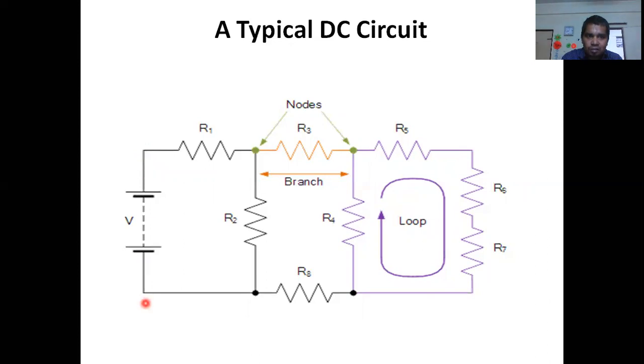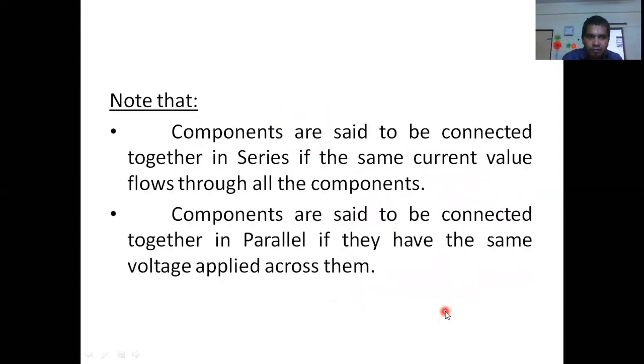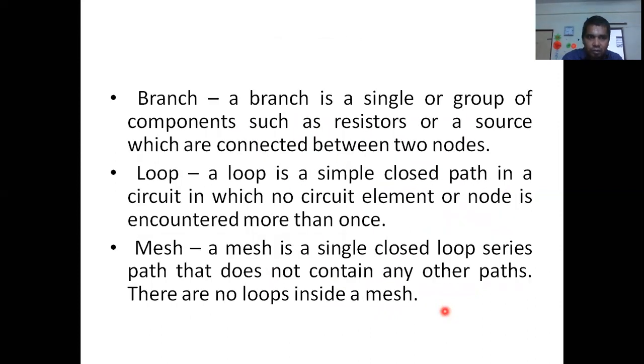This is not a node, this is also not a node, because whatever current comes here, it will go this way, that's all. But here I can have a node, because suppose current is coming here, it will go one current this way, one current this way. So current division is taking place. So we should simply keep in mind that a node is a point where current division is taking place. Simple concept, right? This is your closed path, loop, closed path. So node, branch, these are giving information. This is one loop.